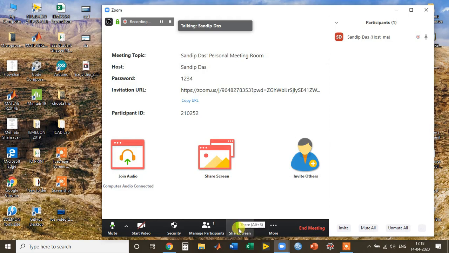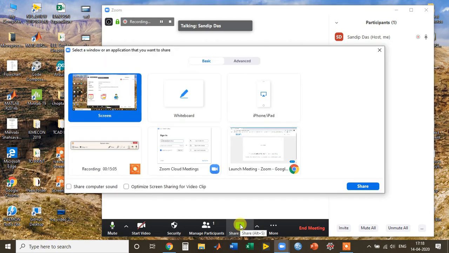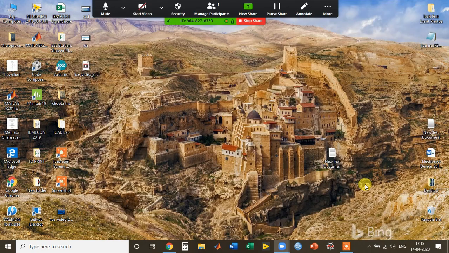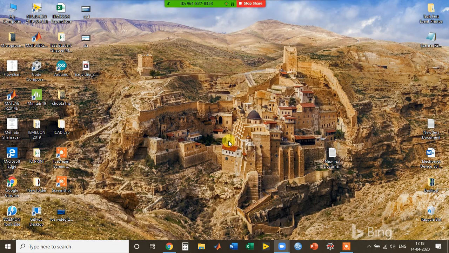Now I am going to share screen, so I will simply click share screen, and you see there are several options. One option is this screen. So this is the screen which is now visible to the students. Okay, so the students can see my desktop and also the Zoom app. So this is the screen which is visible to students when I share it. If I select this and share, this is what the students are now seeing. Okay, so now the student will be seeing only this desktop.